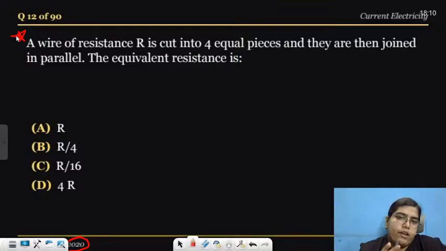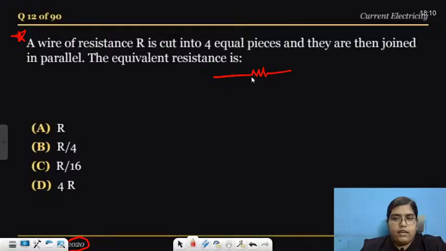Just remember, when you are dividing a resistance, a wire, in equal parts, the resistance will always be divided equally. In these types of questions, you have to consider the length. When we are cutting the wire, except the length, nothing else is changing. So just a hint for you people,